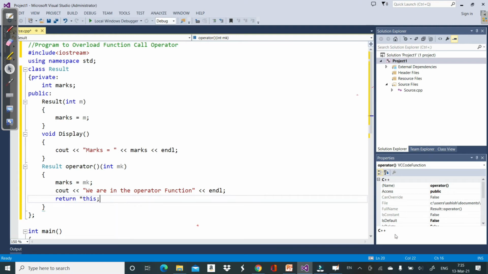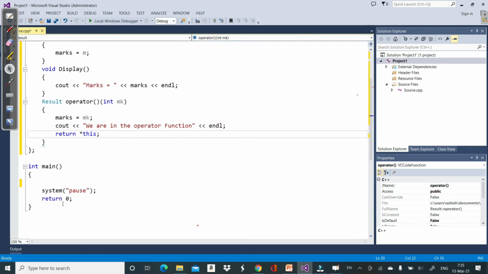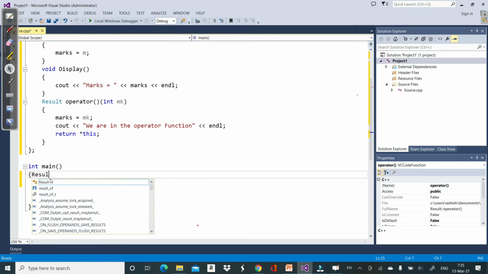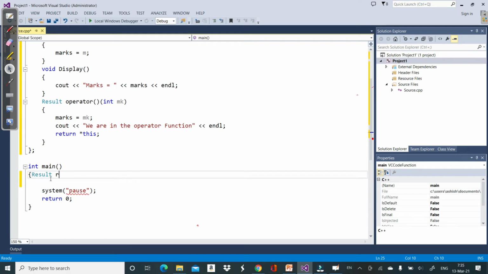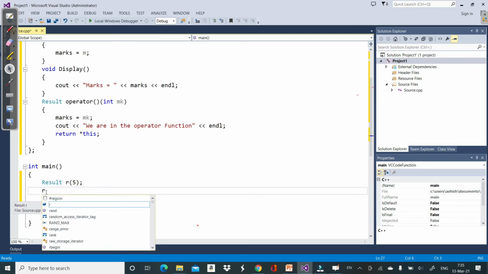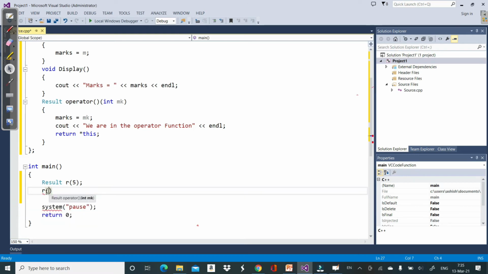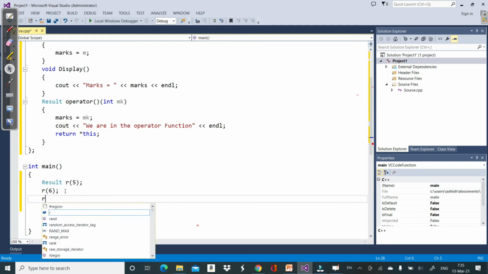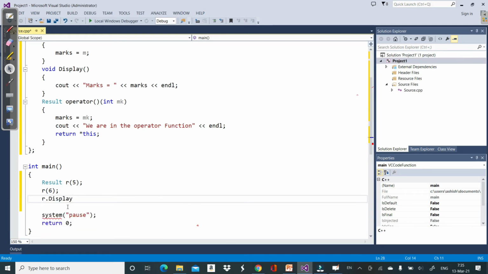Now let's write an object of the class result here, class result, and let's say the object is R. Let's assign something, because we do not have a default constructor, so let's say 5, and let's say R, and we want to call this R.display. Let's run it.